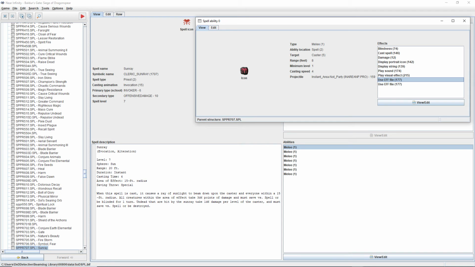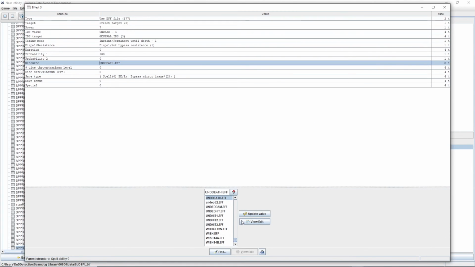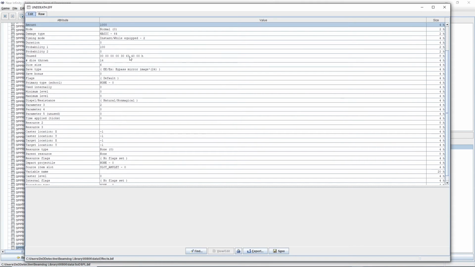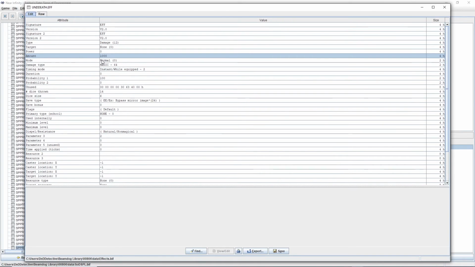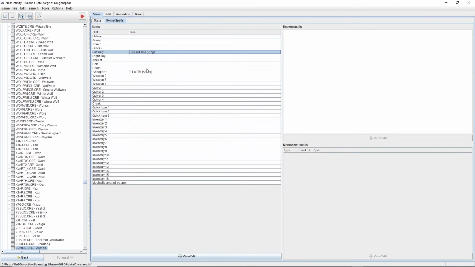So for instance, the spell Sunray actually uses multiple EFF files in order to do additional damage to undead specifically. In that case, it does 1000 magic damage as a way to avoid any protection they may have from killing effects,